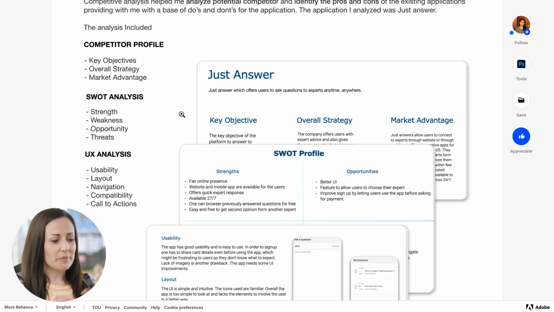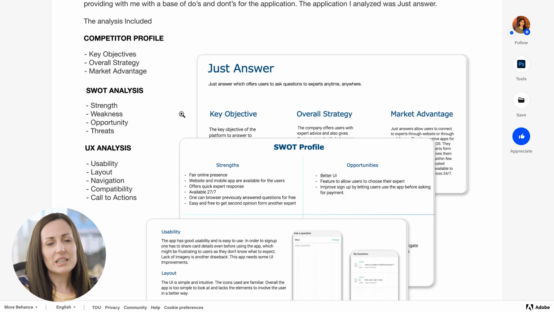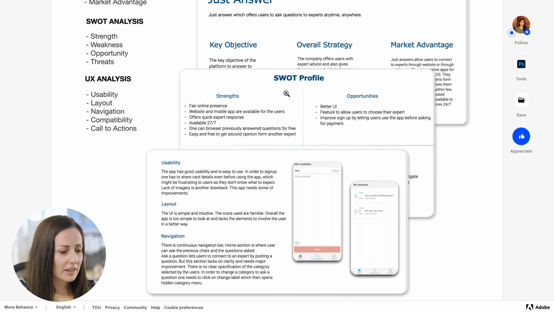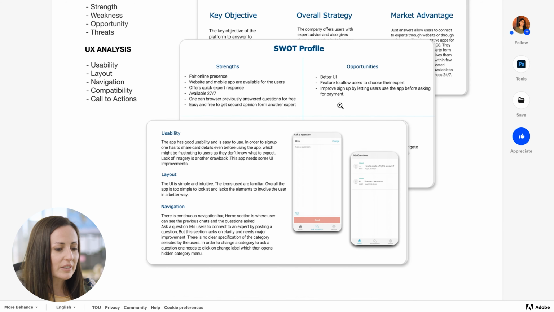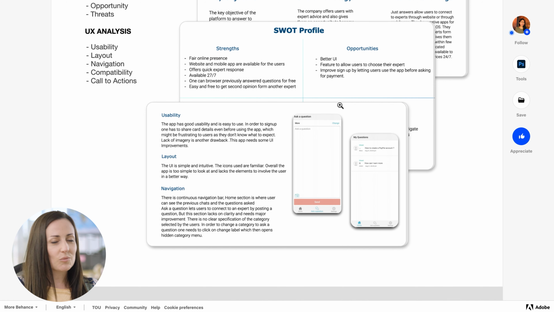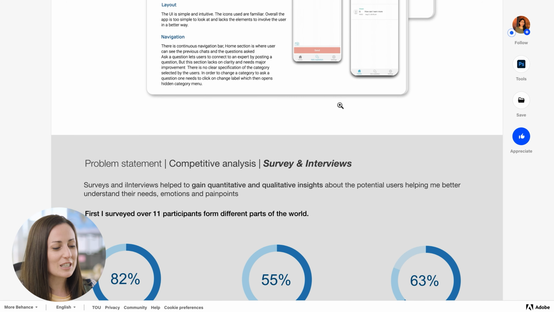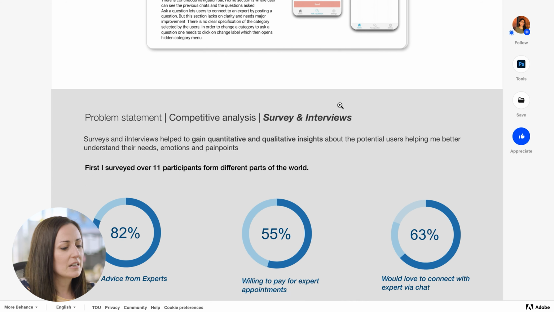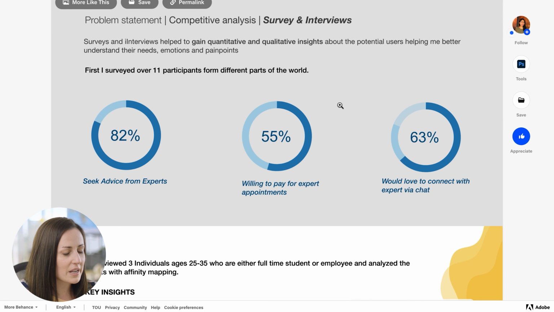So with this, I would reorganize this information a little bit to make it really clear. It's competitor analysis and the methods used for them, and showing that actually the SWOT analysis is also a bit covered here, so I can't really see what the weaknesses and threats were underneath there that led to the direction this project took in the end. So just making the information a little clearer.